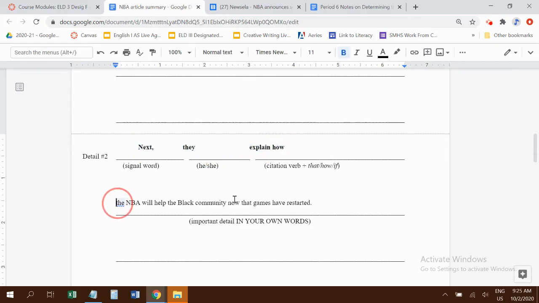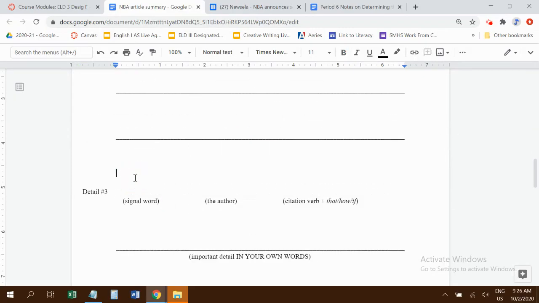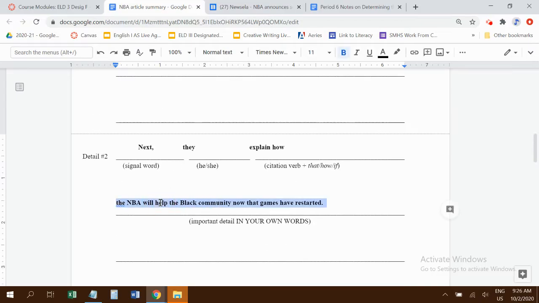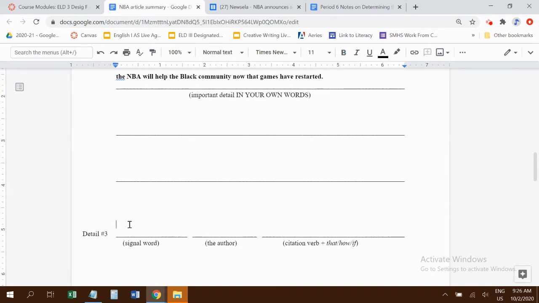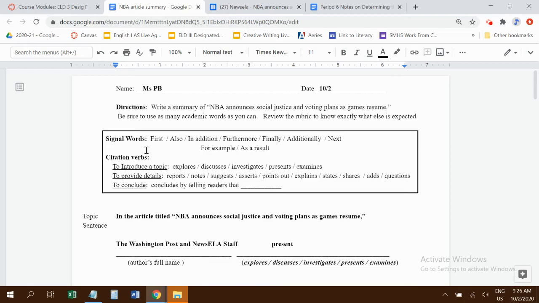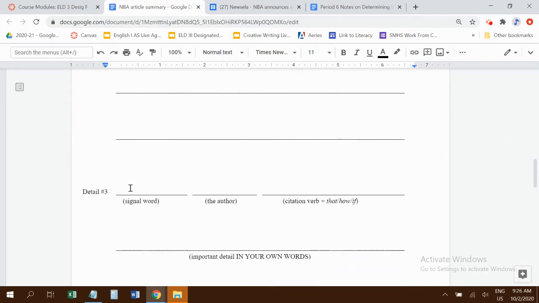Okay, so this is introducing essentially the next detail I'm going to say. It's explaining how the NBA will help the Black community. So now I need to say exactly how, right? I need to give a little more detail so that anyone reading this, anyone who didn't read the article, will know what the article was about. Let's see, I need a signal word. For example, there we go. I want to give examples. So let's do that. For example,